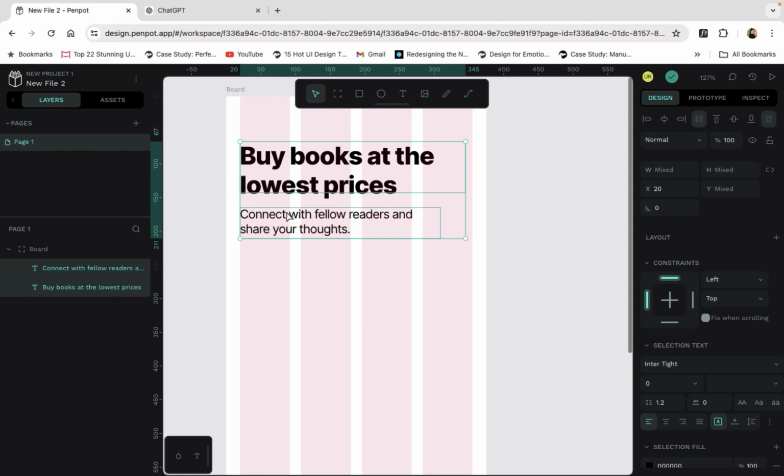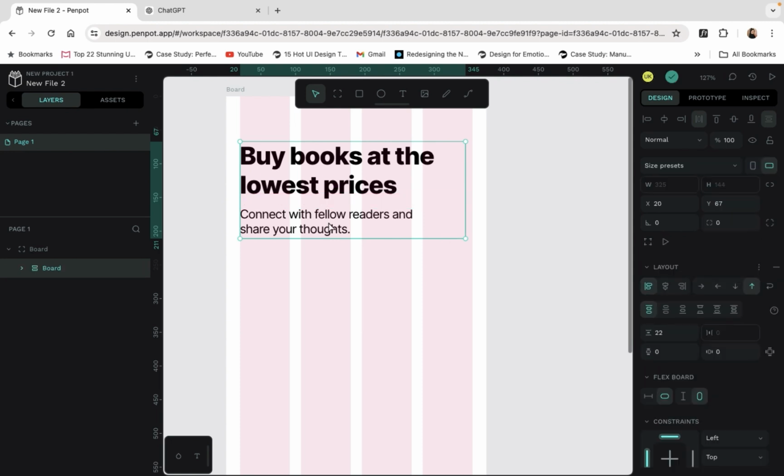The commands on this tool are a bit similar to Figma, so it will be easier for you to learn this tool. So I'm going to add their flex layout. It is auto layout only.